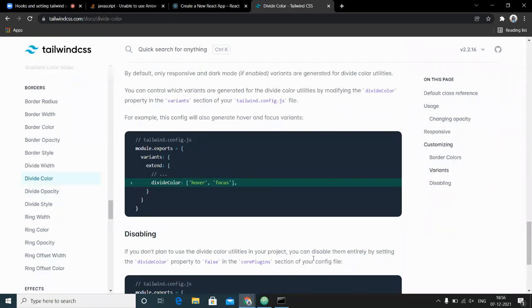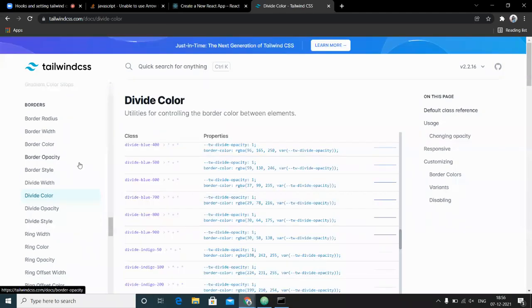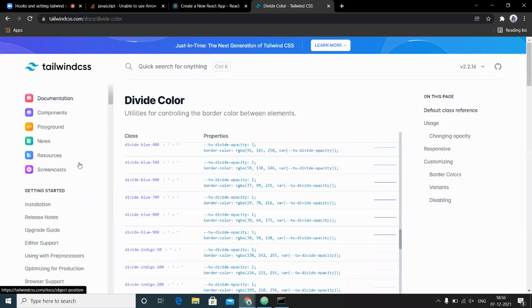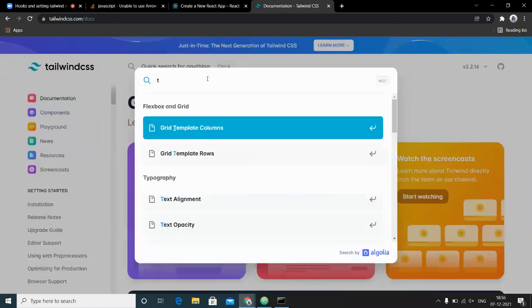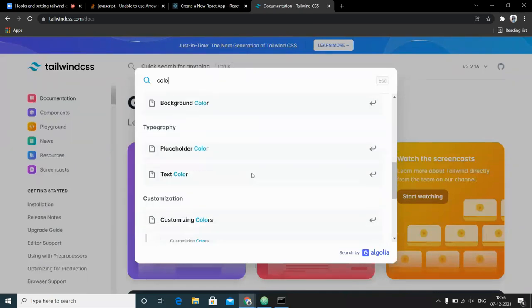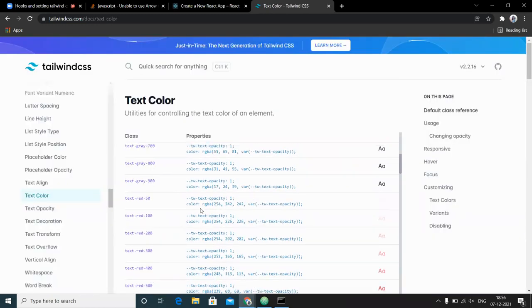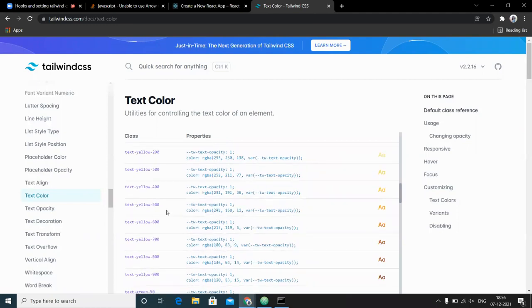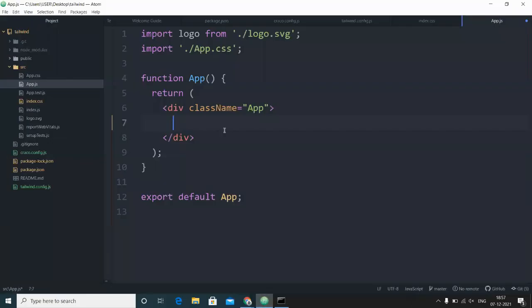Let me just have it. Which color can we use? The color which I'm searching for, they are not showing me that particular color. Text color, yeah. Great. So we can have a text of probably this particular color, green 500. So what can we do over here? We can have a